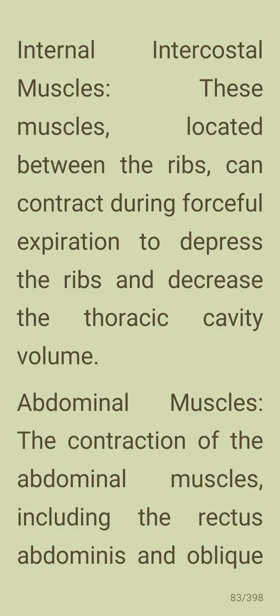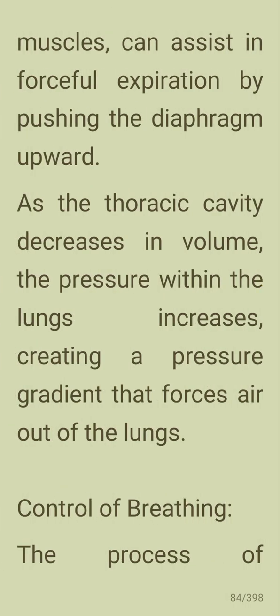These muscles located between the ribs can contract during forceful expiration to depress the ribs and decrease the thoracic cavity volume. Then abdominal muscles. The contraction of the abdominal muscles, including the rectus abdominis and oblique muscles, can assist in forceful expiration by pushing the diaphragm upward. As the thoracic cavity decreases in volume, the pressure within the lungs increases, creating a pressure gradient that forces air